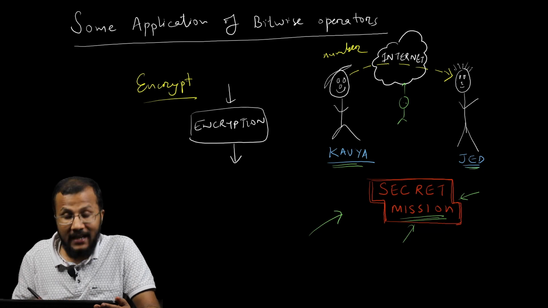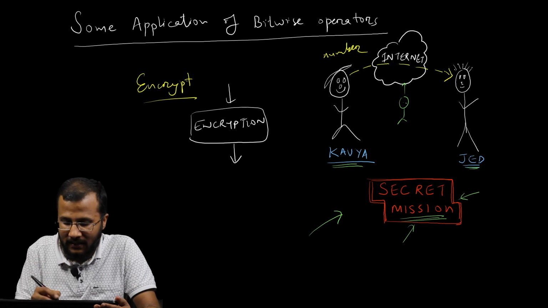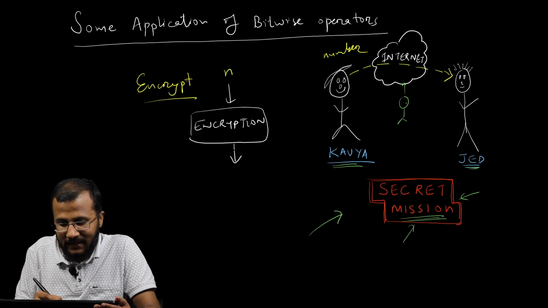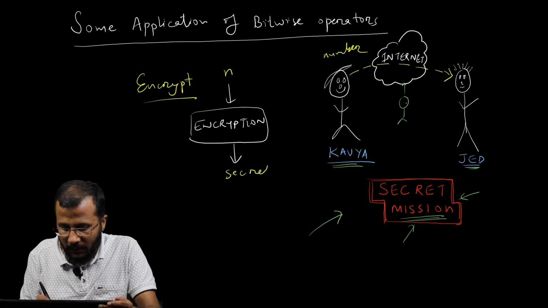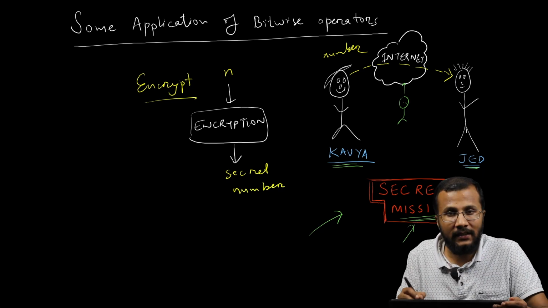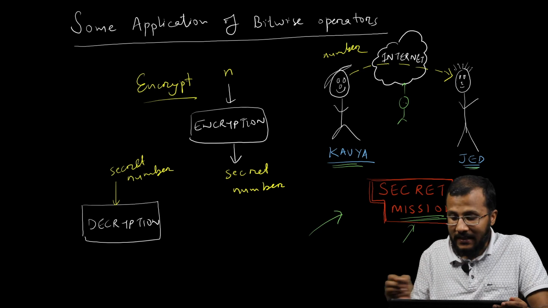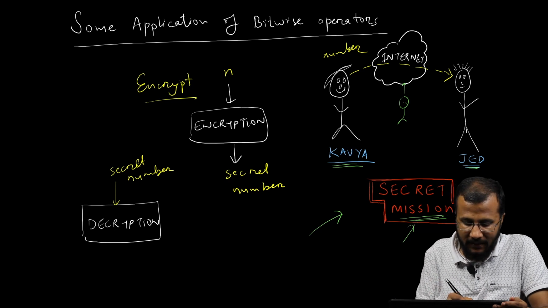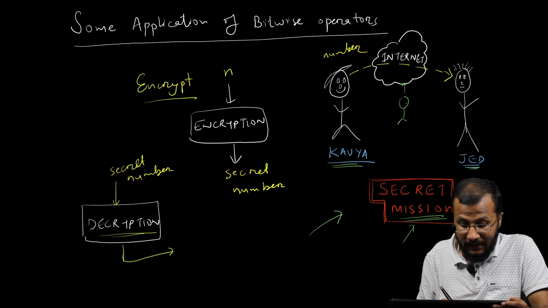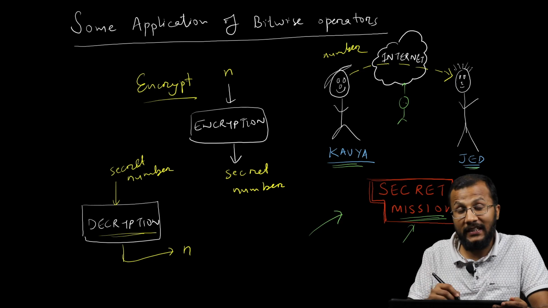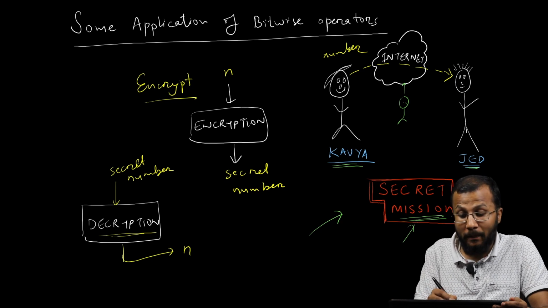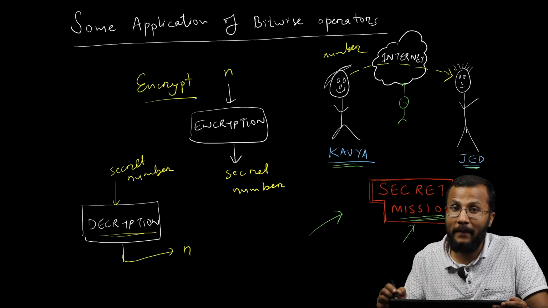Let's say Kavya has the original number to be transmitted. Let's say the number is n. If she applies this encryption algorithm or this method, she will get a secret number, and this secret number is the number that she is going to transmit via the internet. Now at Zed's end, Zed is going to receive the secret number via the internet, and he will use something called a decryption method or decryption algorithm to get the original number n. So in this way, we are actually safeguarding our message so that no one can read the message even if